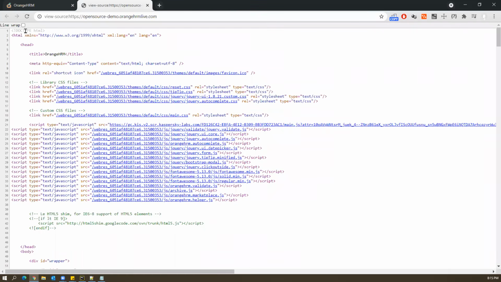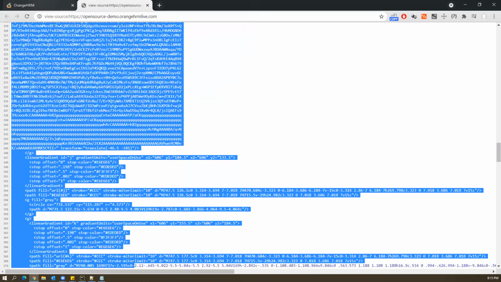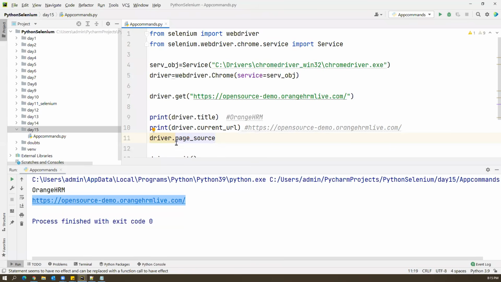So if you want to capture the source code of the web page like this, then we can use this command. So what is that command? Page underscore source. But what is the use of this command? If you want to do some validation on the source page or page source, and what we will do is